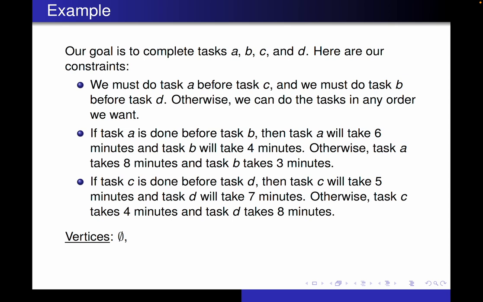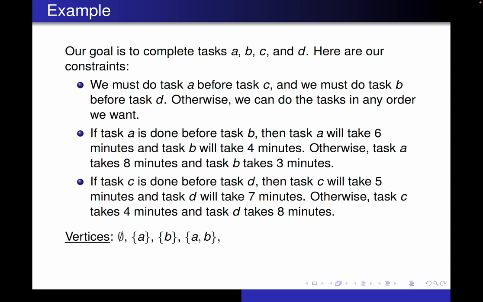Now, getting from the empty set and going to the next task, we can do one of 2 tasks. We can either do task A, or we can do task B. We can't start with task C because A has to come before it, and we can't start with task D because B has to come before that. Now, once we've done task A or task B, or let's say we've done task A, we could do task A and then task B, and that's fine, or we can do task B and then task A. So A and B are two tasks that we can do for having our only two tasks done